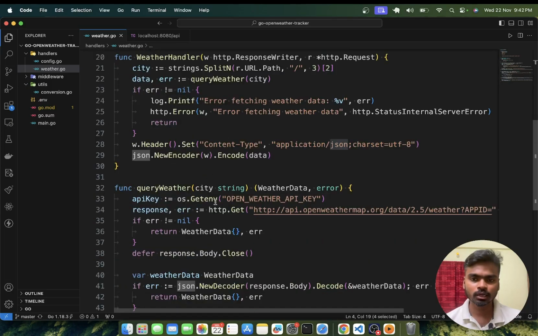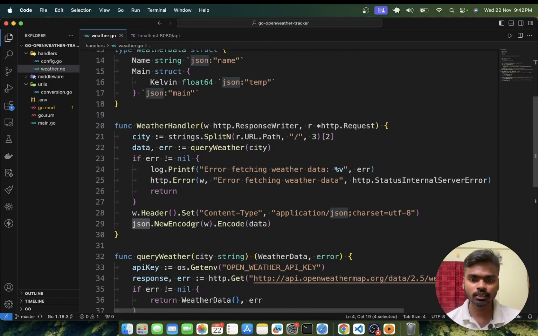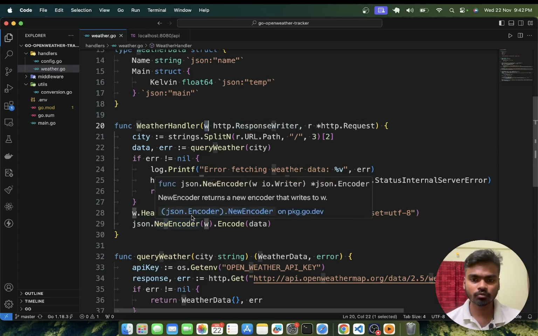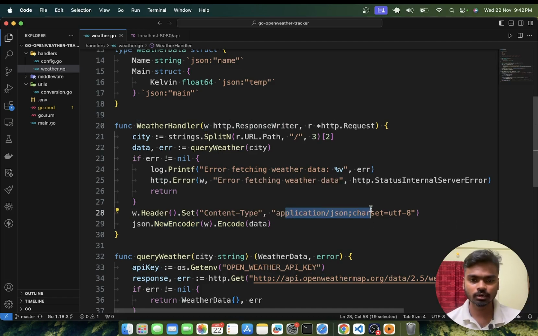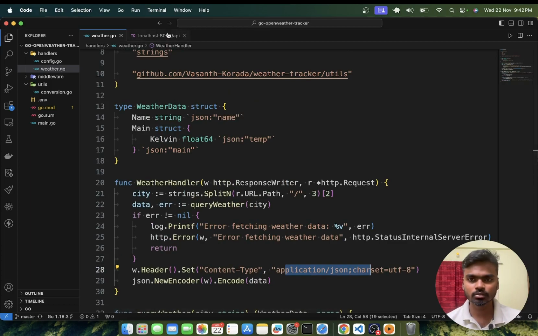That JSON will be sent as a response using the response writer variable. After setting the content type and all, finally we are sending the response to this endpoint using the response writer variable.